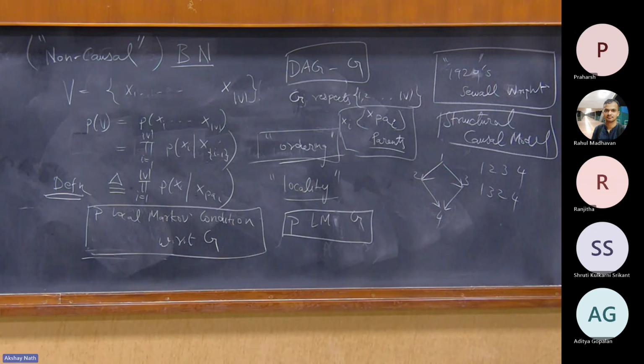But the thing is, if you have a tournament, there is no sparsity, which means you can't make any set. There are no non-descendants. Everything is connected to everything else. So there is really nothing you can say which is non-trivial. Because the moment you take all non-descendants, they will already be part of PA, because they'll all be ancestors in the tournament. So this is basically vacuous for a tournament.